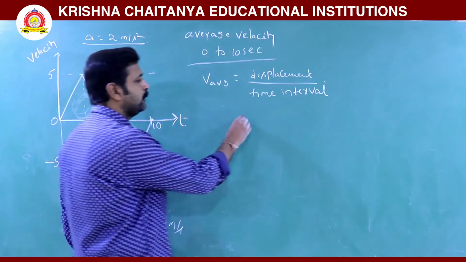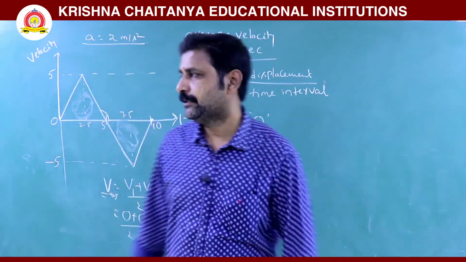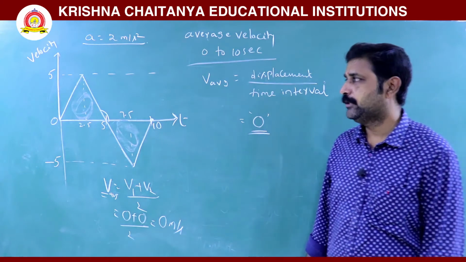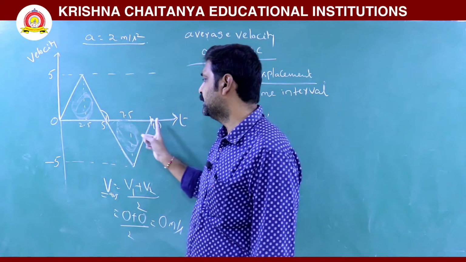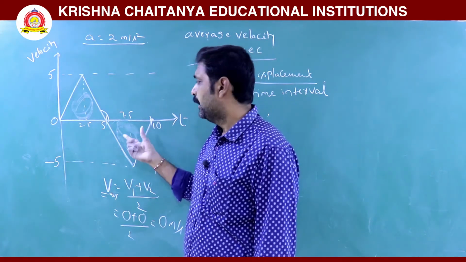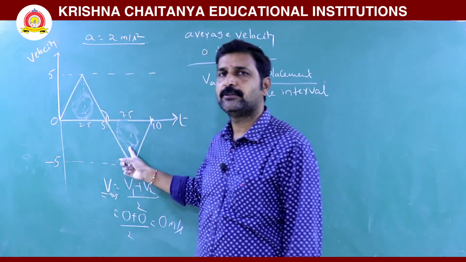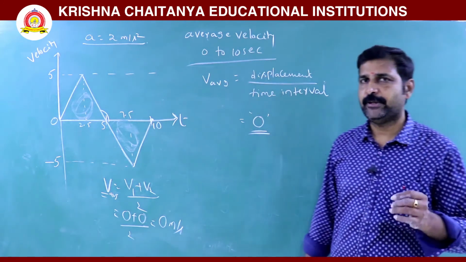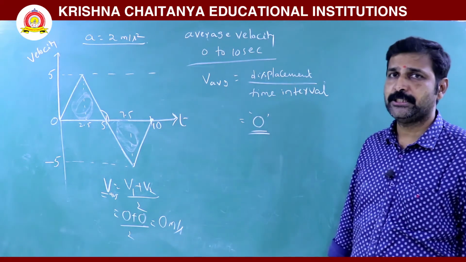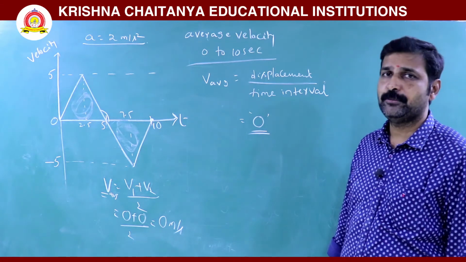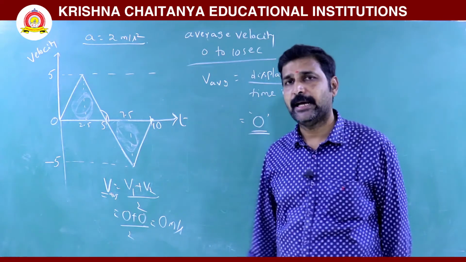So here also you will get that. I am not writing the calculations, because simply by observing the graph you can easily find that the 0 to 5 seconds interval and the 5 to 10 seconds interval are each 5 seconds and the area is the same, but one is positive and the other is negative. To find displacements, sign convention should definitely be taken into consideration. So the total area would be 0, so average velocity is 0. Likewise, you will be given graphs to find average velocities.